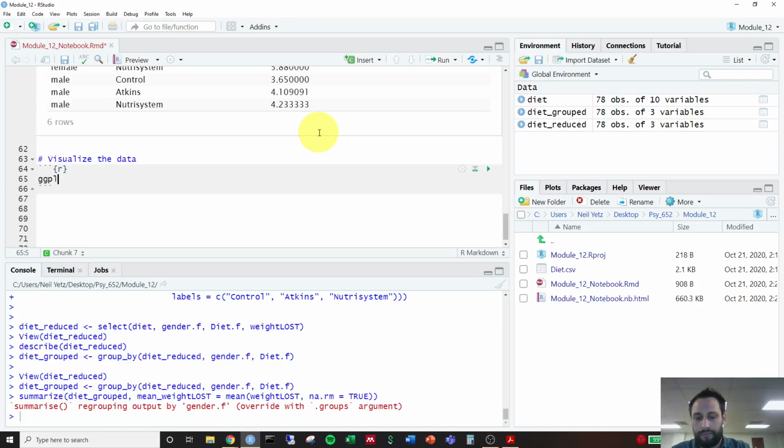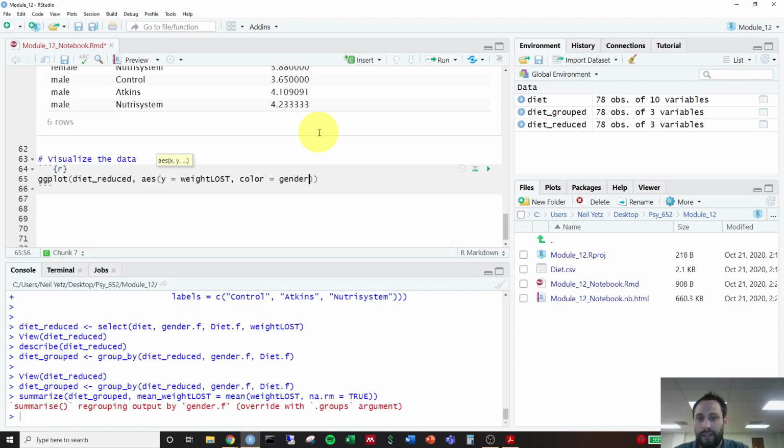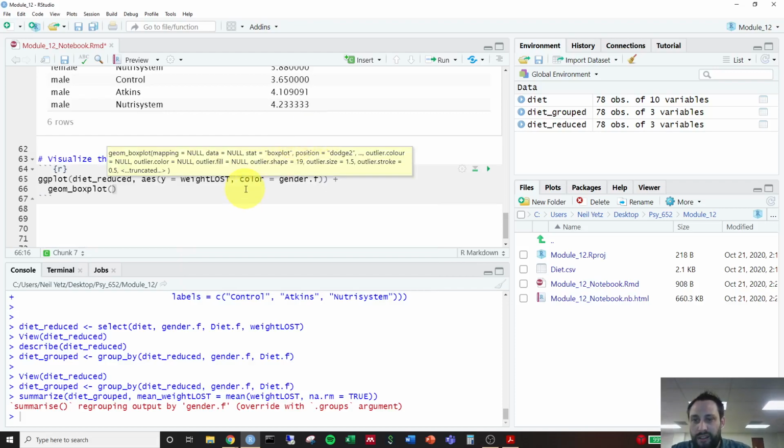ggplot. We're going to use the diet_reduced data set, comma, set your aesthetic, and we're going to do y equals weight lost, comma, and then we're going to separate it out by color. Color equals gender.f. That's going to give us a box plot that's colored by gender and separated out. So we have 2 total box plots because there are 2 genders. So if we run that,